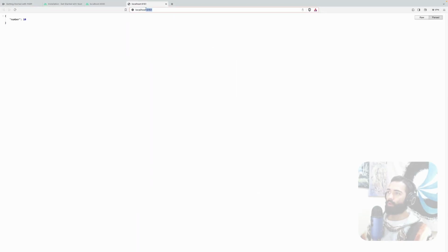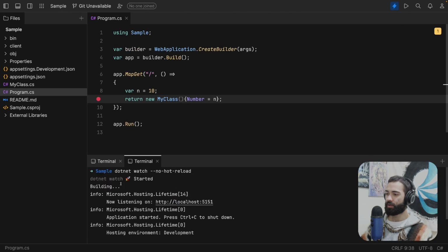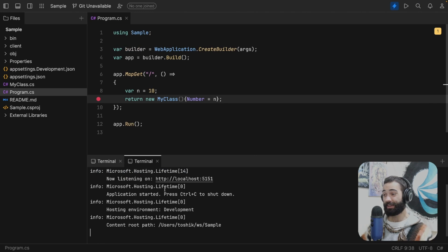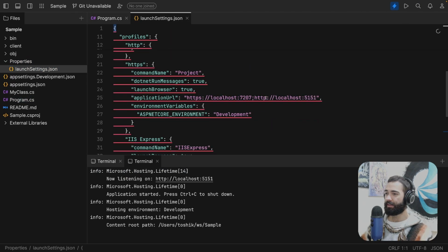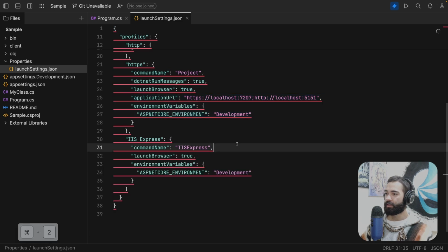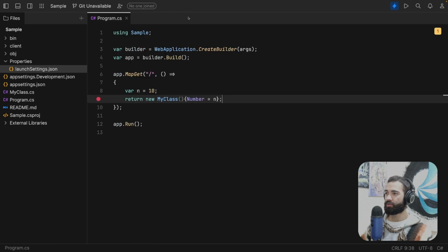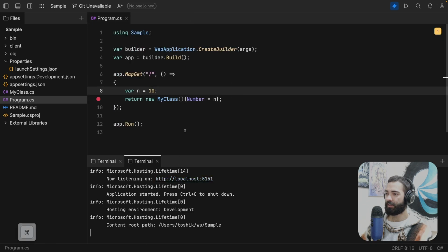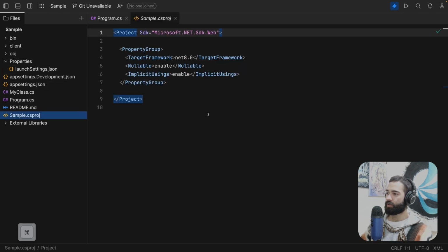What I'm looking for is being able to serve this Nuxt.js application from this URL. I actually probably want to go to the HTTPS one, although this hasn't found the HTTPS URL, which should have been right over here. So this is really interesting for reasons I will mention in just a minute, but let's leave it at this. What I'm going to do is actually first go to CSproj,